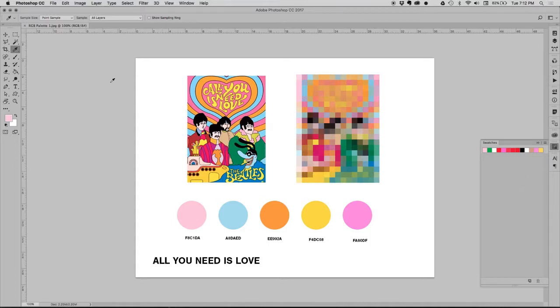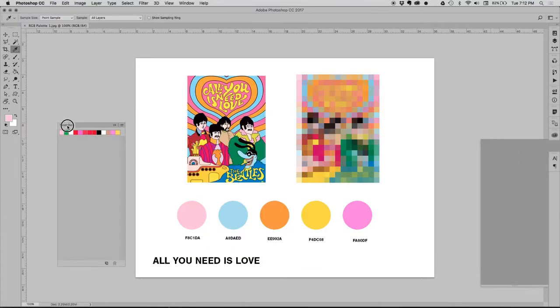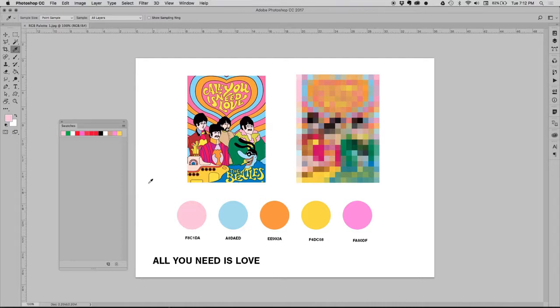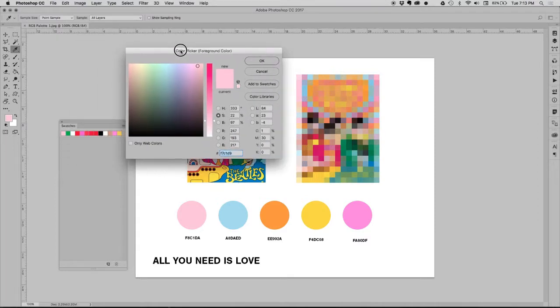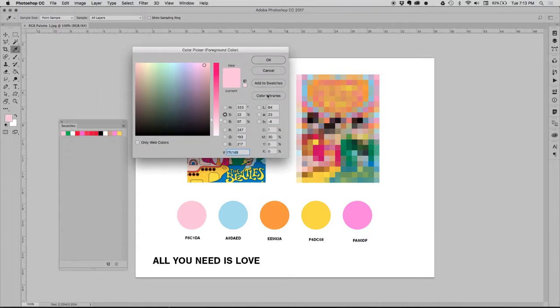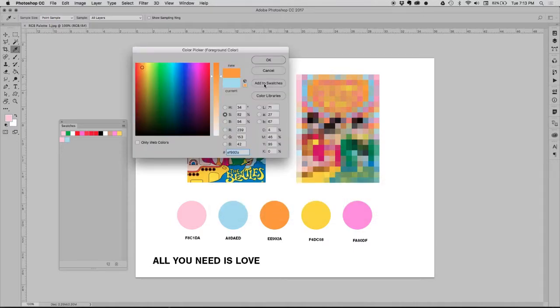At this point, I'm going to grab my little dropper. I'm actually already in the dropper. And for convenience, I'm going to move my swatches panel over here and choose my first color, which is this guy right here. And then I'm going to click on it, and I'm going to add this to my swatch library. This will stay up, which is awesome, because I can just click this one, add to swatches, this one, add to swatches, this one,